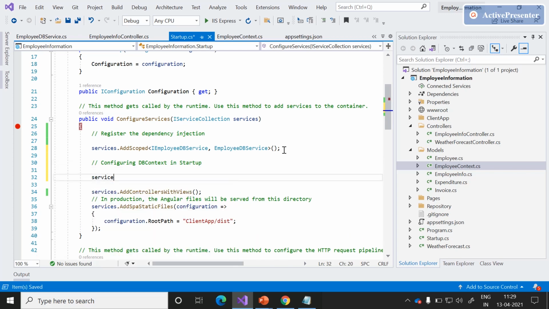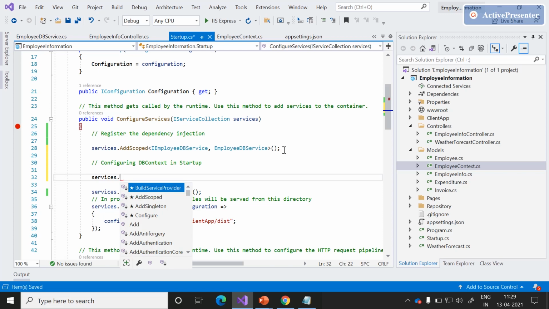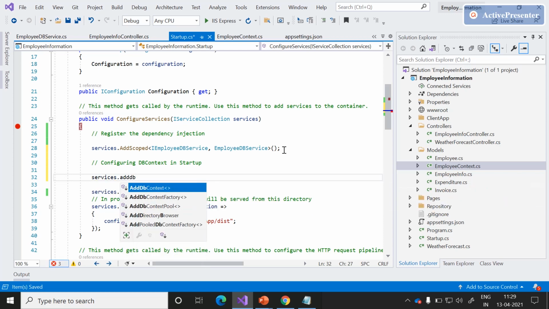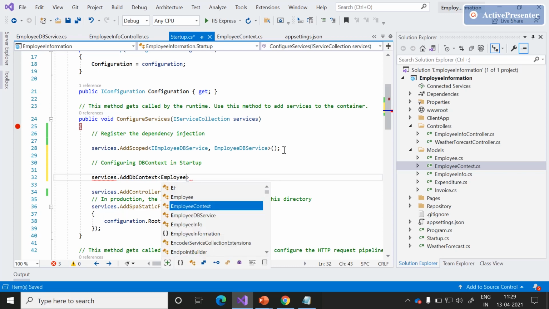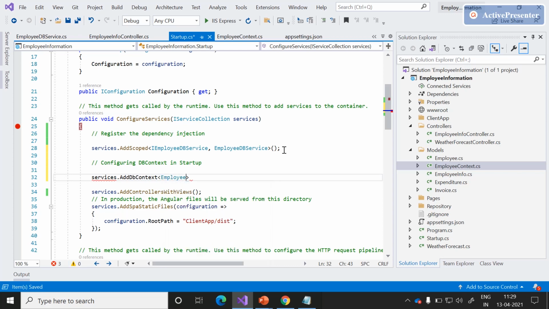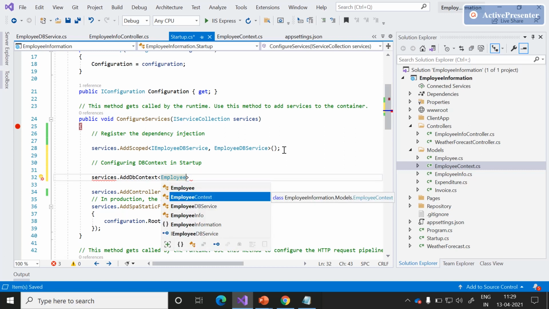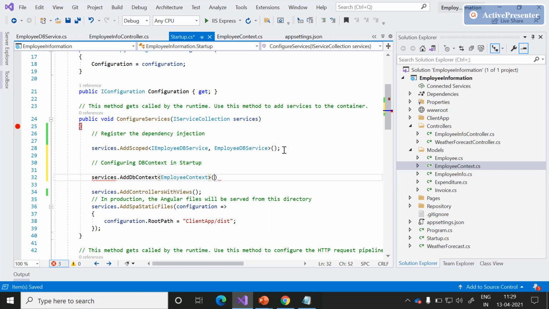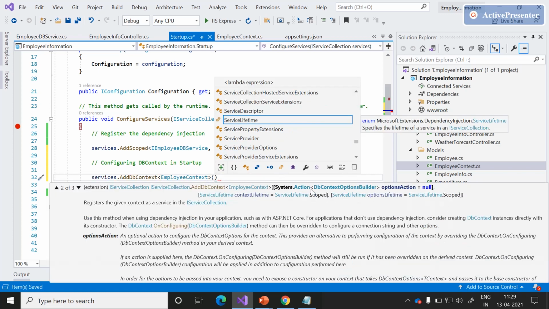The syntax is that services has one extension method called AddDbContext, which will expect employee context. If you observe the overload method, it will expect options. The options are DbContextOptionsBuilder, which is a delegate.